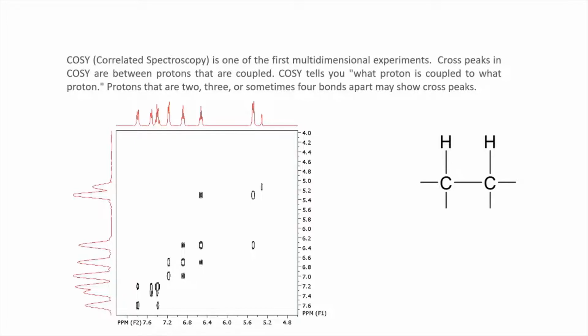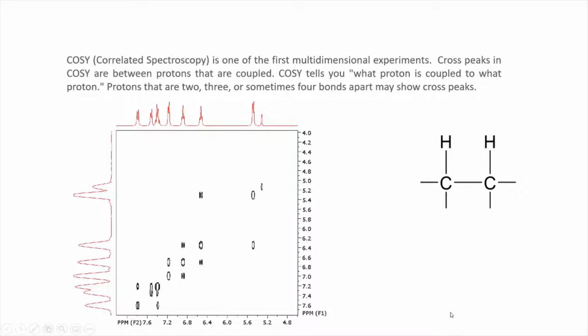So what is COSY? In short, it is written as COSY, but it is actually called correlated spectroscopy. This is one of the first multidimensional experiments. Cross peaks in COSY are between protons that are coupled. So COSY tells you which proton is coupled to which proton. Protons that are 2, 3 or sometimes 4 bonds apart